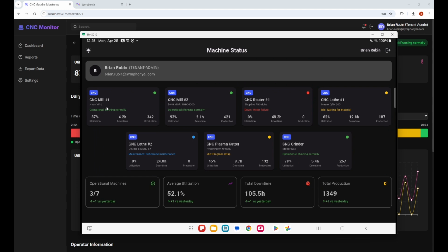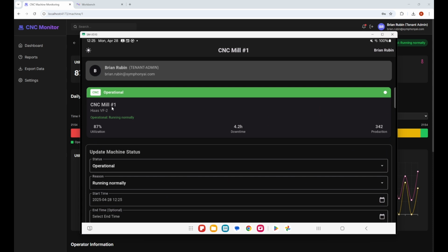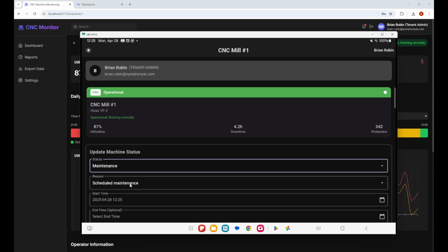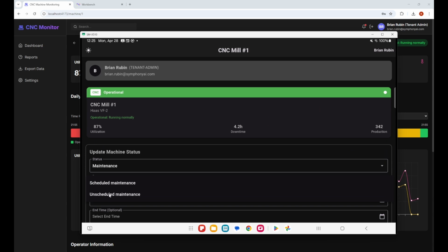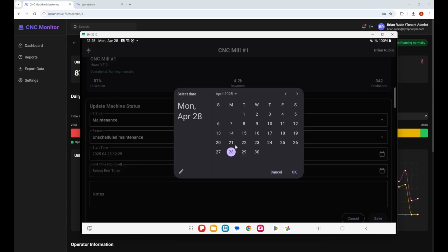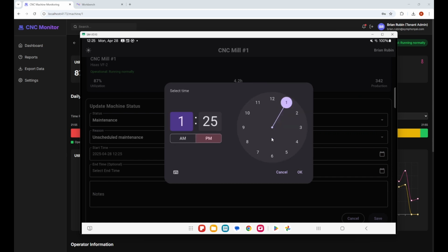Now I can click here on this CNC machine, and I'm the operator, so I want to tell the system that I need to take this machine down. Instead of operational, I'm going to change it to maintenance, and I'm going to say unscheduled maintenance, and I can specify the start time and the end time. I'm going to finish working on this tomorrow about 12 o'clock, let's say 12.